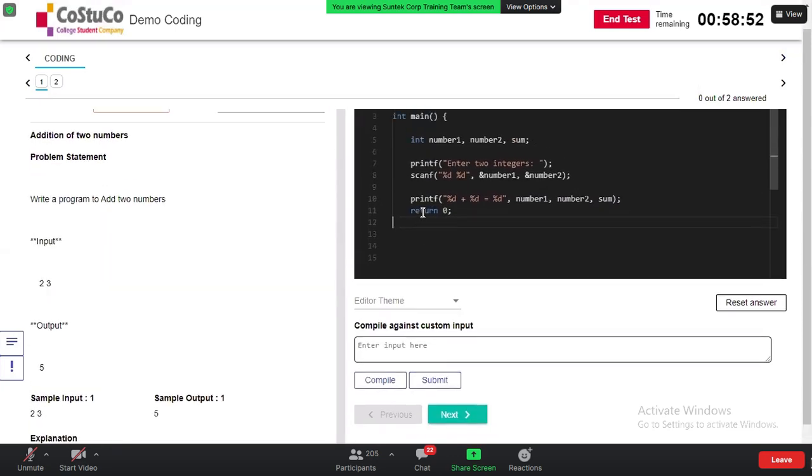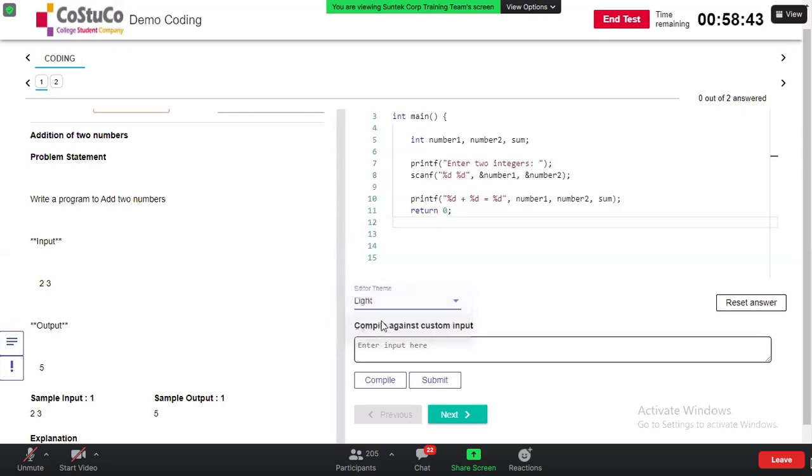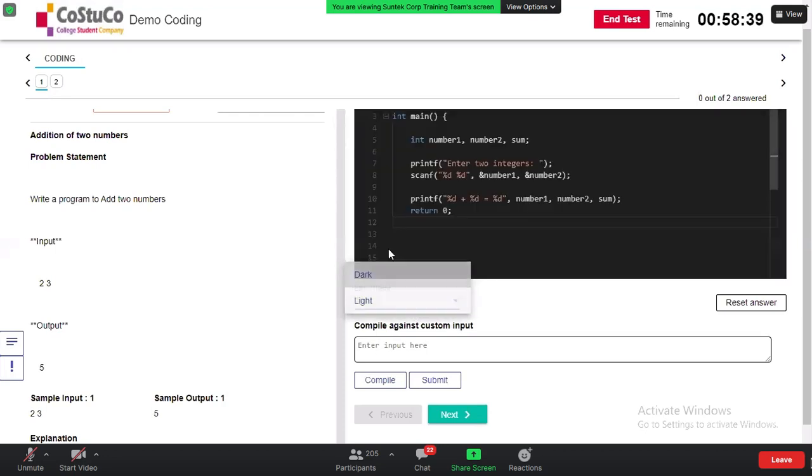And let's say this background is disturbing you and you don't like the color of the background. You can edit the theme also. You can make it a little lighter so you can see in white background. This is pretty much self-explanatory, but still I'm trying to tell you. Okay, this is about it.